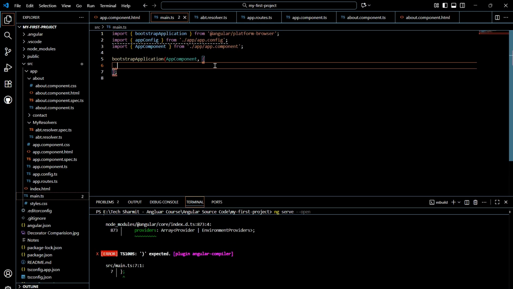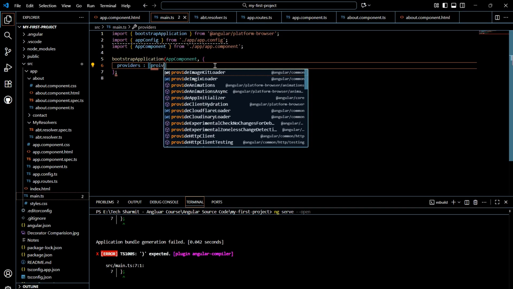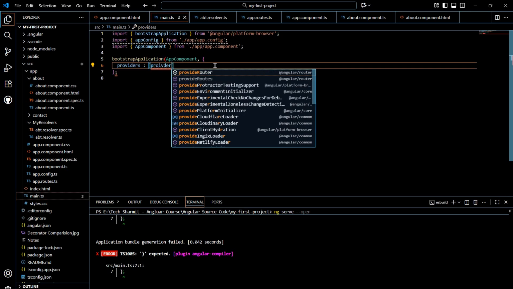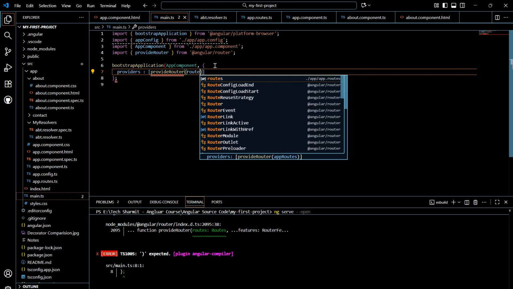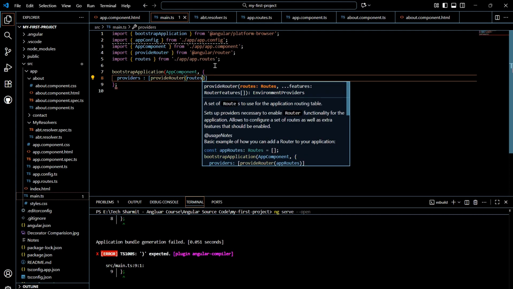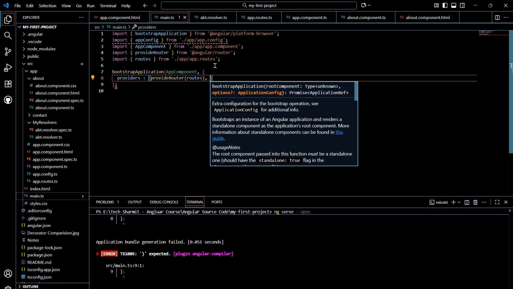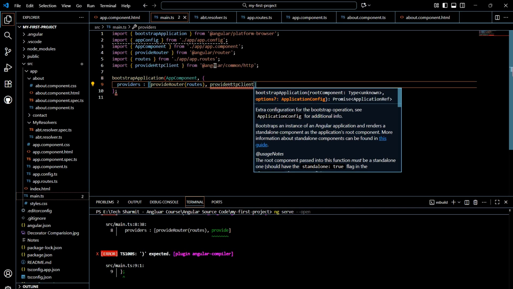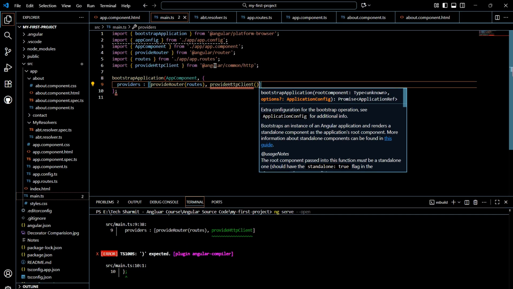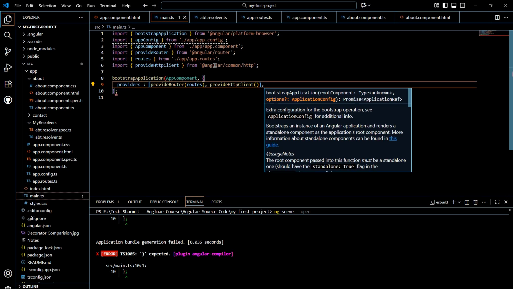You need to write here providers colon, then square brackets, inside this we will write provideRouter, then inside this we will write routes, enter, then a comma. After this here we will write provideHttpClient, opening closing parenthesis, and after the square bracket we will put a comma, then press enter,